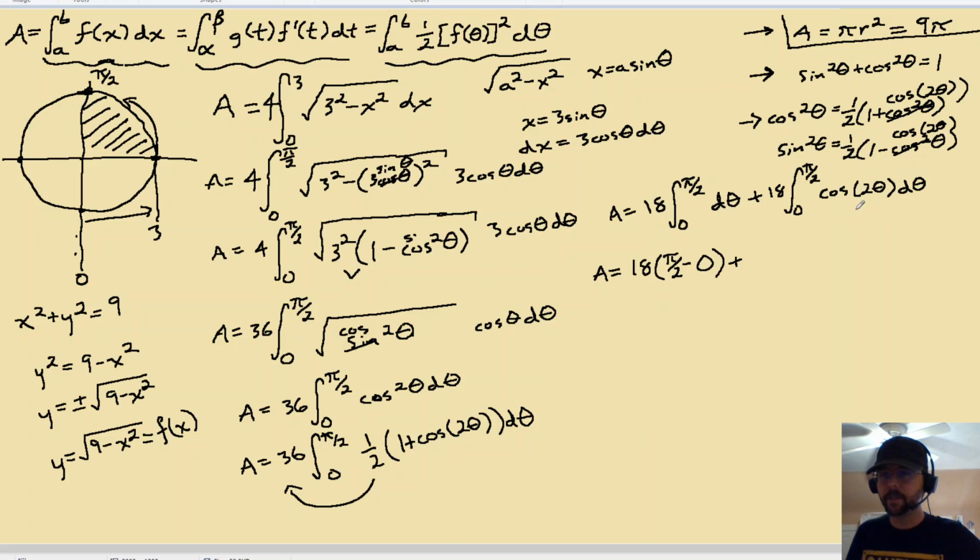So u equals 2 theta, du equals 2 d theta, or 1/2 du equals d theta. So we'll have that 1/2. We can pull that to the outside, so that will give us 9. 18 divided by 2 is 9. Integral from,